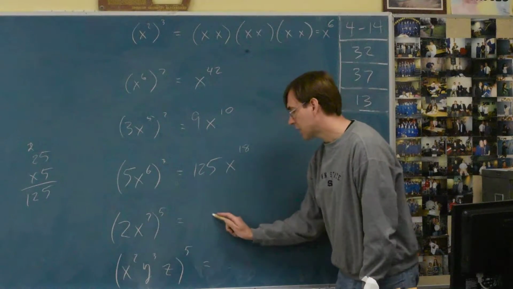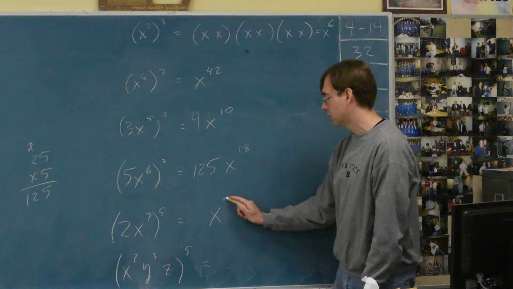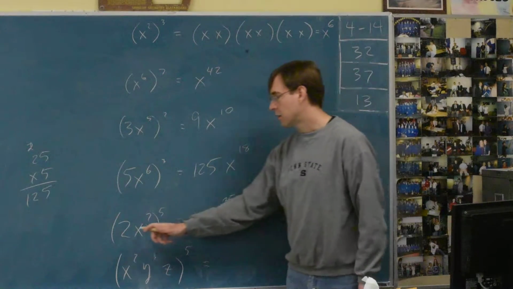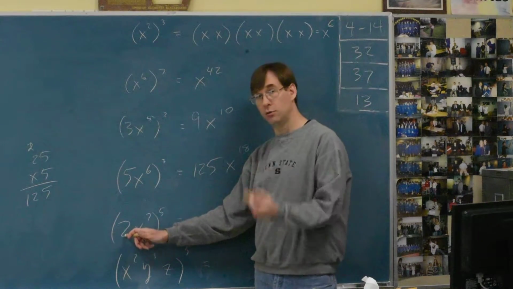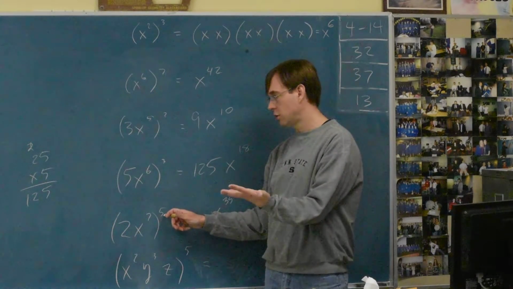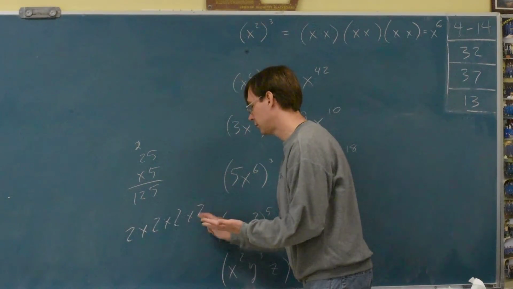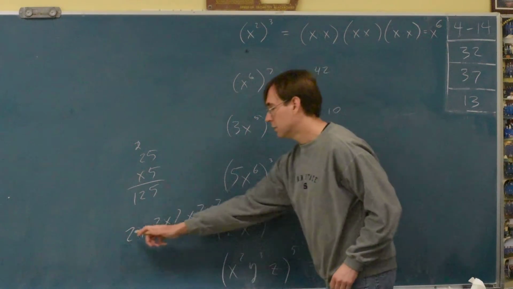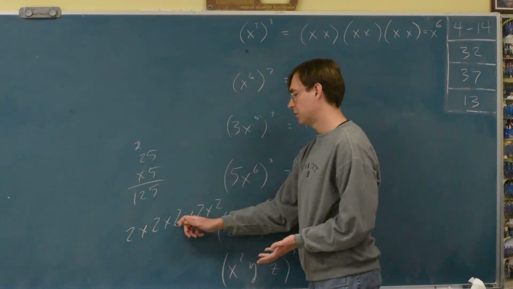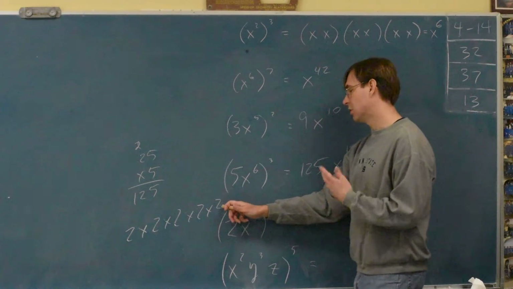So if we go to do this next one, the x part's probably easier, because multiplying the powers gives 35. The coefficient in front, we need to do 2 times 2 times 2 times 2 times 2. There are 5 2's there. If you need to write that out, you can then write it out. 2 times 2 is 4, times 2 again is 8, times 2 again is 16,